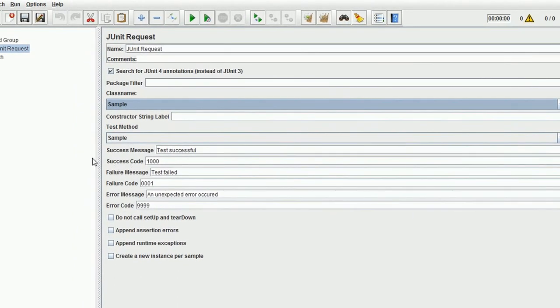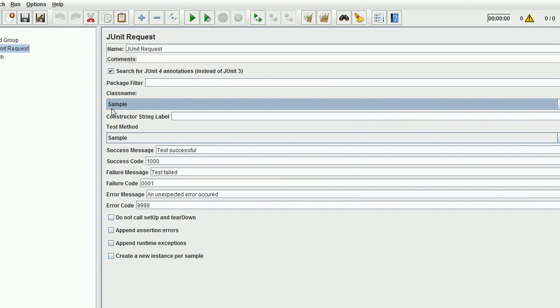Once you put your jar file in the lib JUnit folder, it will automatically come as the first entry over here. If it does not come, then just try restarting your machine, restarting JMeter, and that should help.